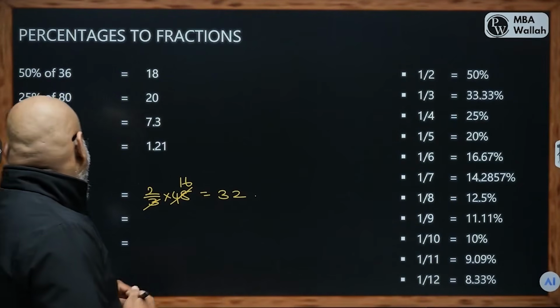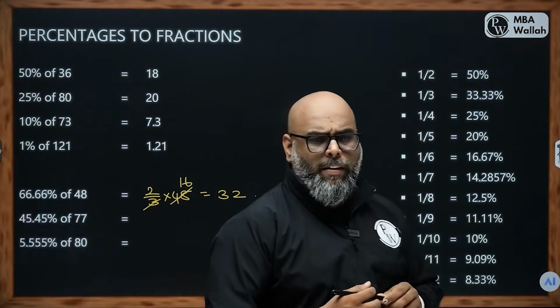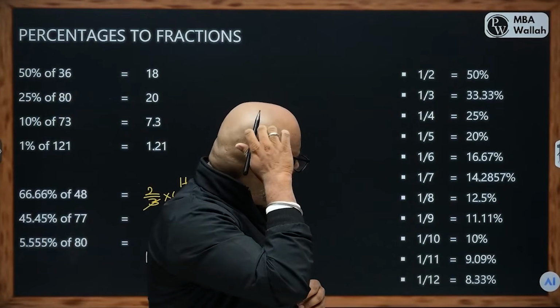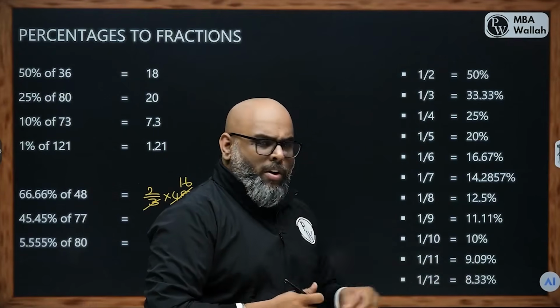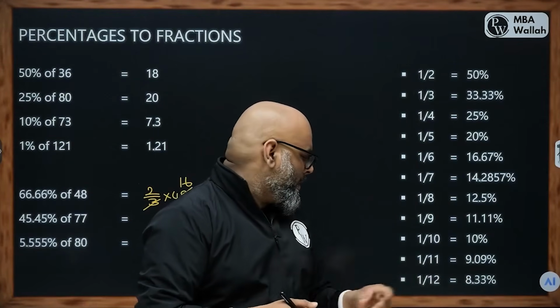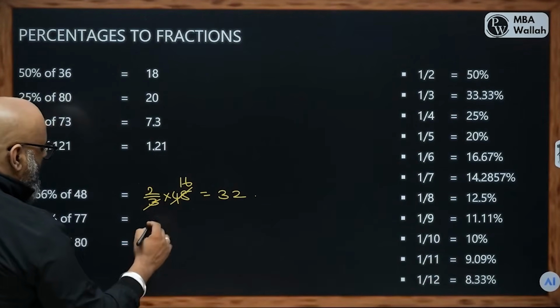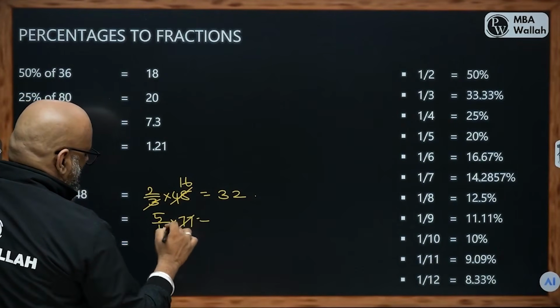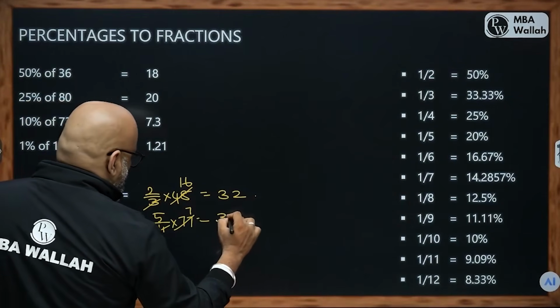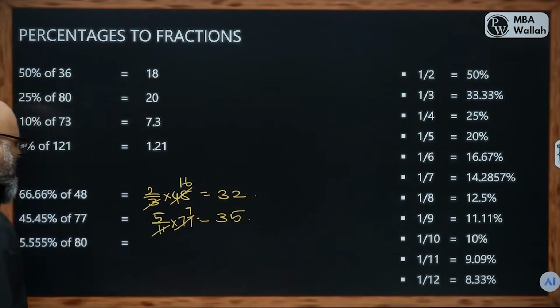I look at 45.45% of 77. What can be written as 45.45? 9.09 into 5 is 45.45. So it will become 5/11 of 77. Cancel this, 7 times 5, so this is 35. Now